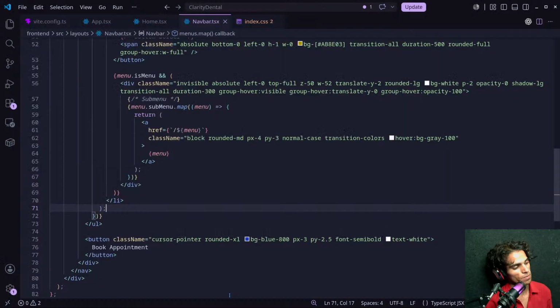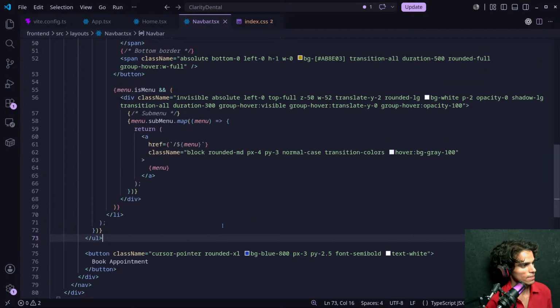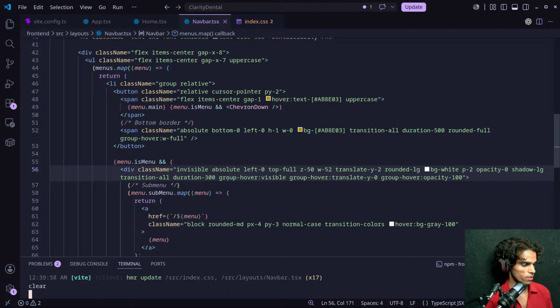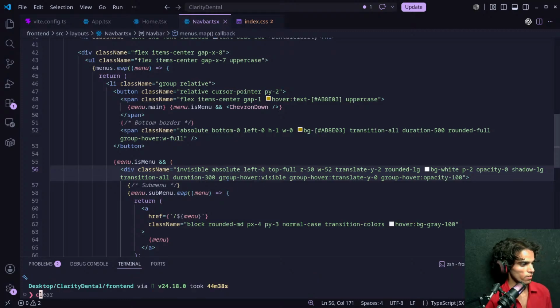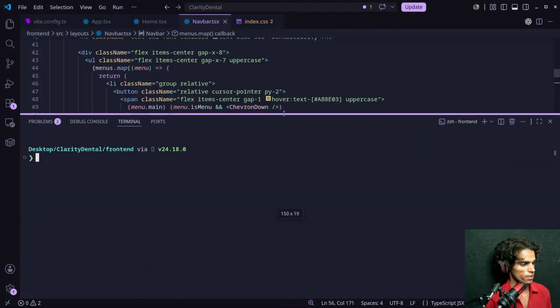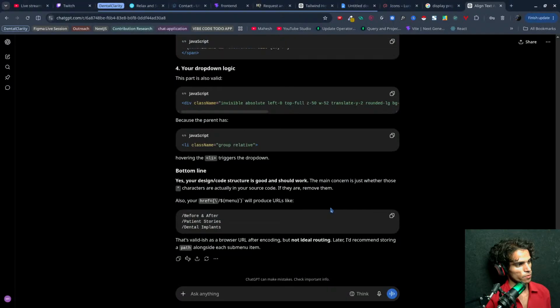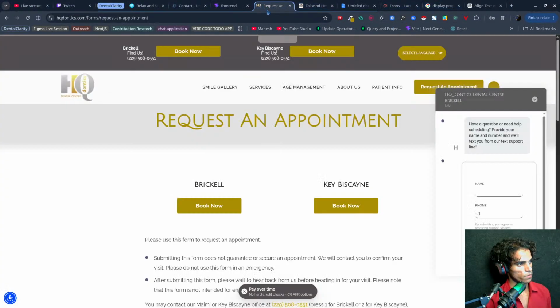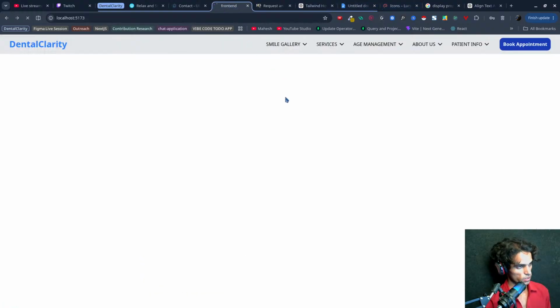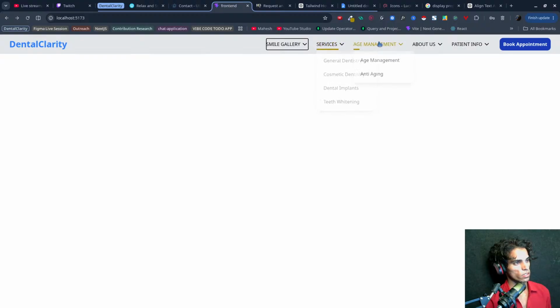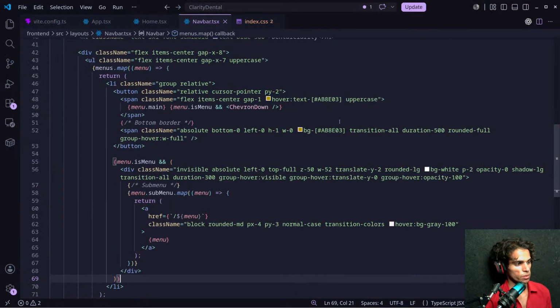So what I want, let's see what the problem is. Let's run our app again. Control C, I will have to stop it and run it again. And yeah, open it here. Refresh it. Yeah, now it's working. By the way, it was just a refresh problem. We have fixed that. So it's working correctly now. This is what we wanted, and this is correctly implemented.